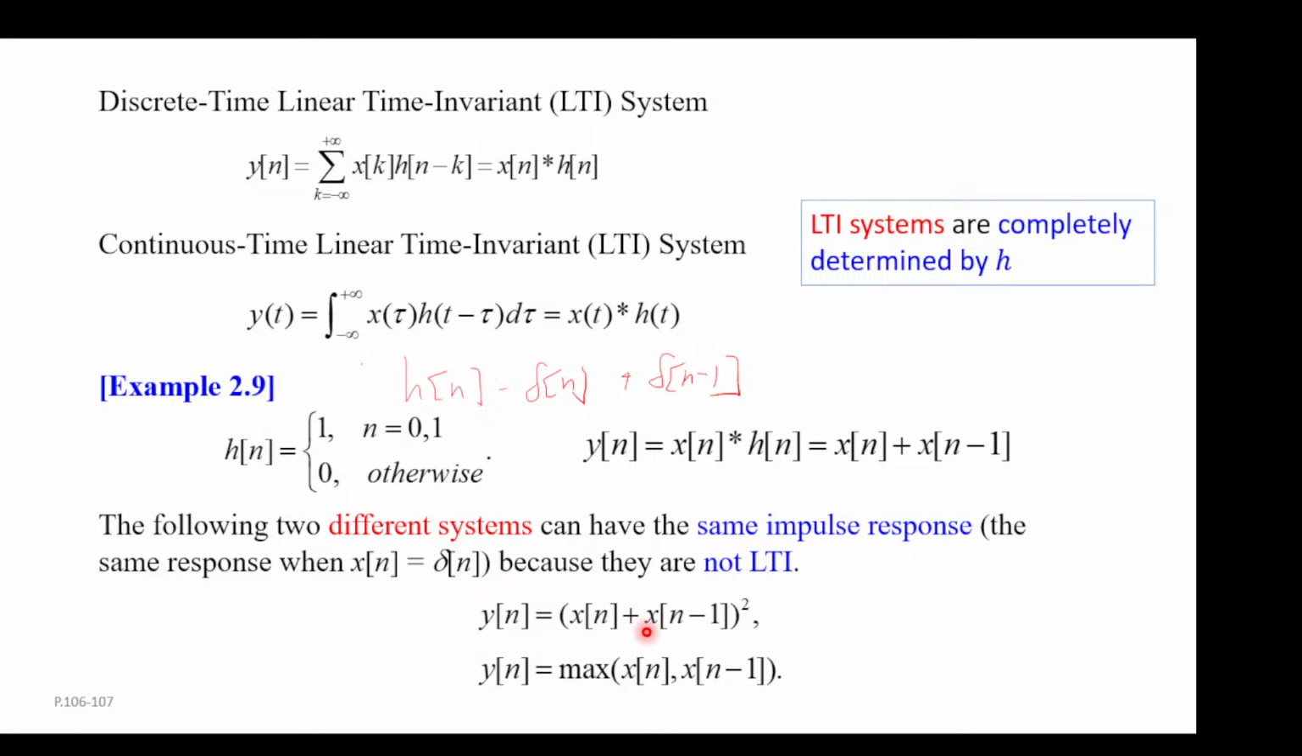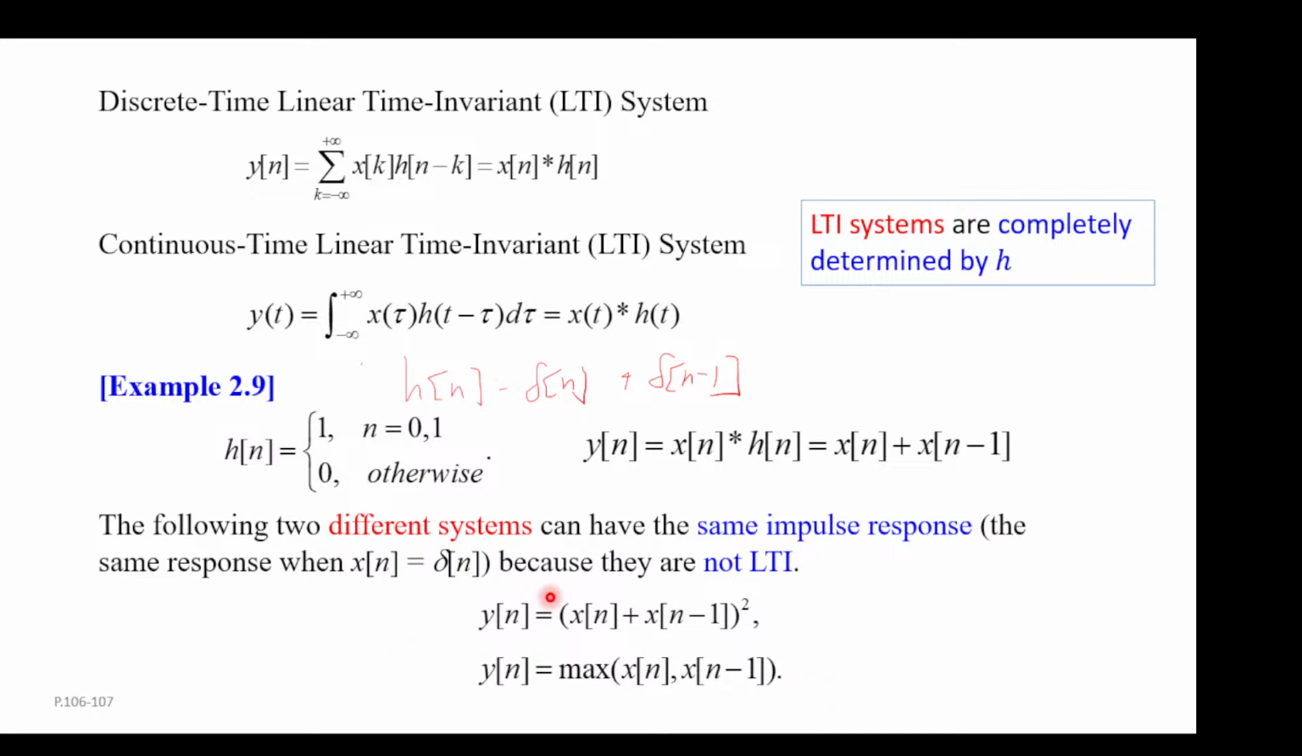And x of n equal delta of n inside, then y of n will be delta of n plus delta of n minus 1, squared. So that's basically h of n squared. But you see 1 squared is 1 and 0 squared is 0. So when you put delta of n as x of n here, then you see the output is still this